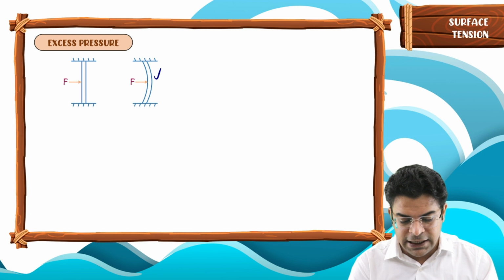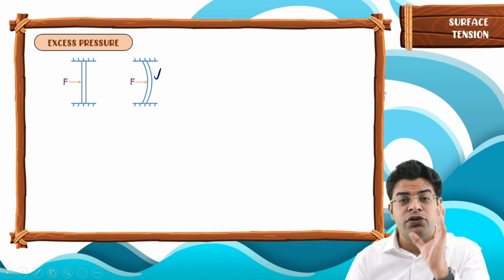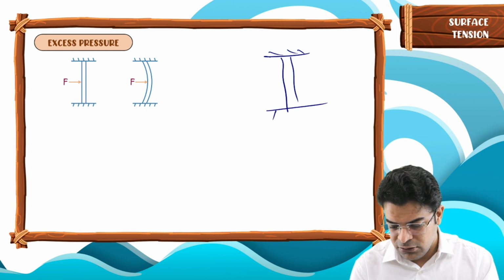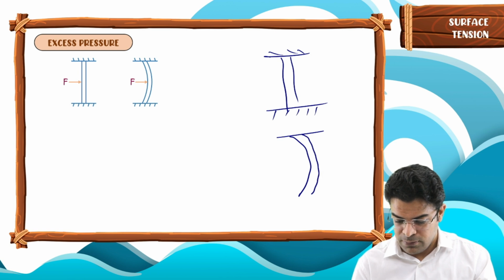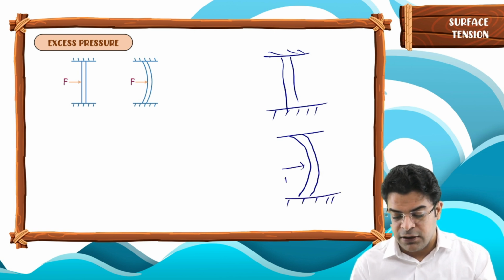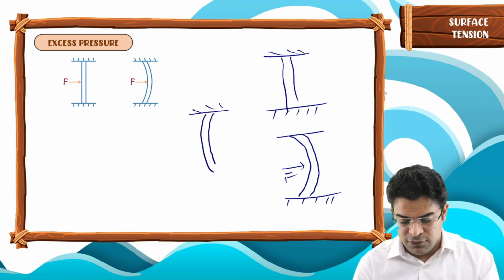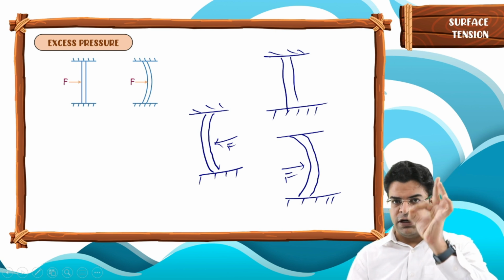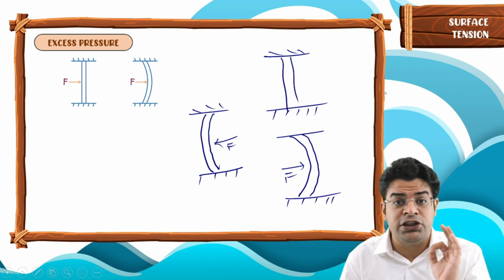Now, once the rod has taken up the curved shape, we know on which side of the rod the force is higher. If the rod has been bent from the vertical state into this particular shape, then the force must be acting from the left. And if the same flexible rod takes up this shape, then the force must be acting from the right. Right? So what I am trying to explain here, just by looking at the curvature of the surface, we can tell which side of the surface the pressure is higher.